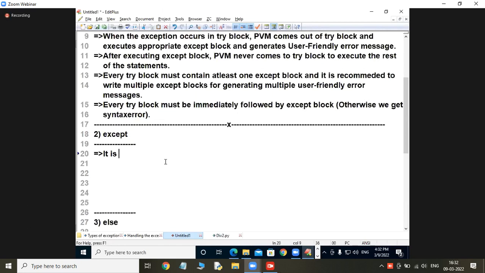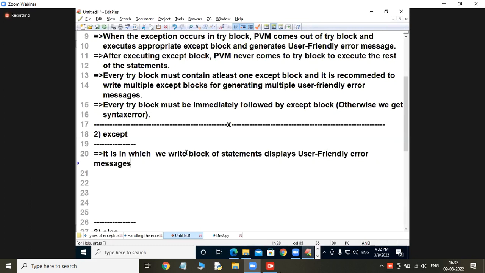It is the block in which we write statements that display which message? Yes, user friendly error messages. I can say it in a different way.